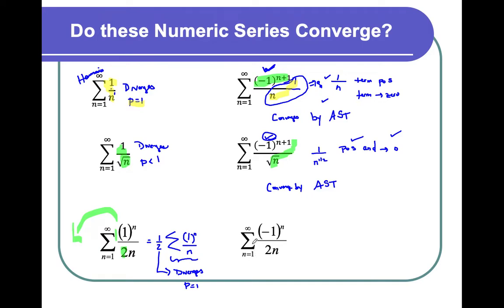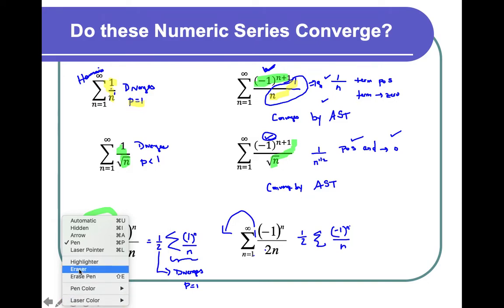So can you see what I'm going to do over here? I also have a 1/2 that I'm going to suck out front, but this time I have 1/2 times, whoops, that's terrible, isn't it? (-1)^n over n, right? And even though I have an n instead of an n plus 1, it just means my first term is going to be negative, right? Because I'm going to plug a 1 in for n. But this is still